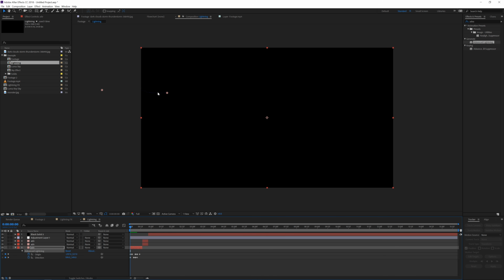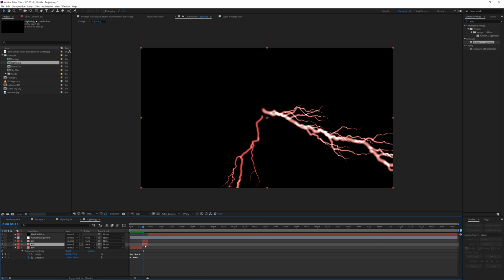And if you click on the lightning, you can see what I did here. So every keyframe, so one frame forward, it moves something like that. And that way you get this kind of growing lightning effect, which you see in the final result. And then I switched to another solid layer where I did the same that I'm just showing you right now,